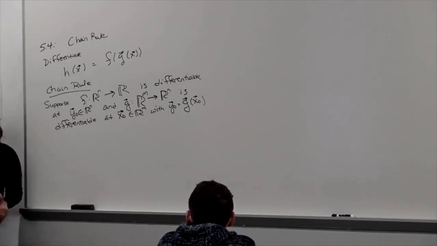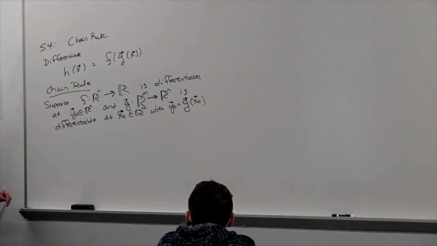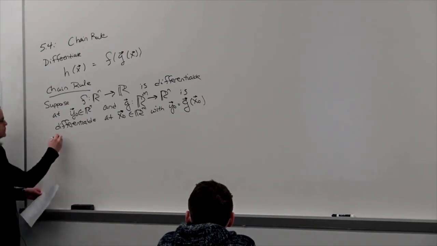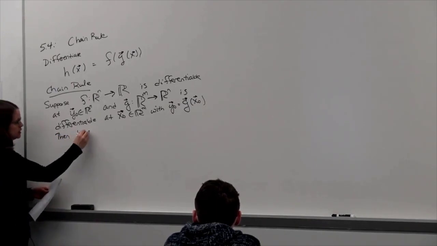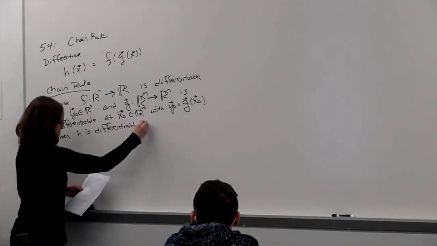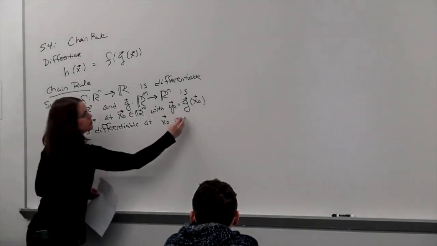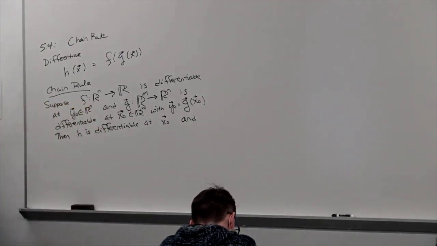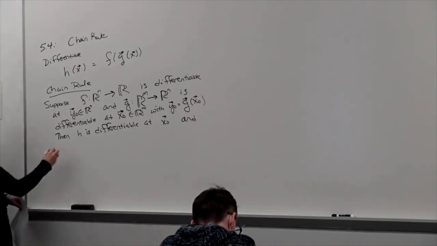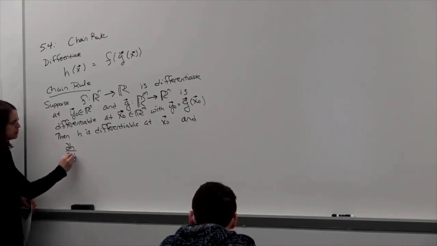Then this is going to be enough to guarantee that the composite function, this guy here, is actually differentiable, in the sense that we talked about last class, and we'll be able to get a formula for its derivatives. So then h is differentiable at x naught. And we can compute its partial derivatives. So the partial with respect to the jth component is,